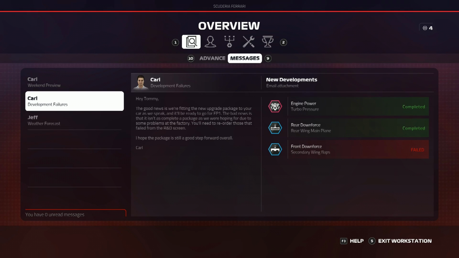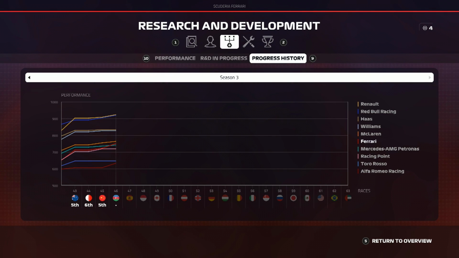In terms of this weekend, we did have a triple upgrade scheduled with 1 ultimate engine upgrade and 2 minor aero ones. Unfortunately, one of the aerodynamic ones did fail, and it was the one I would have liked to have had in the car, the front downforce, because we've been suffering from understeer a lot lately. But nonetheless, the important one is that the ultimate engine upgrade has arrived, and therefore we overtake Mercedes